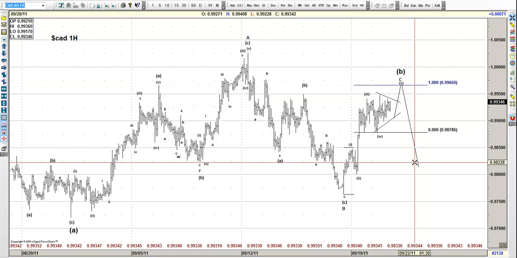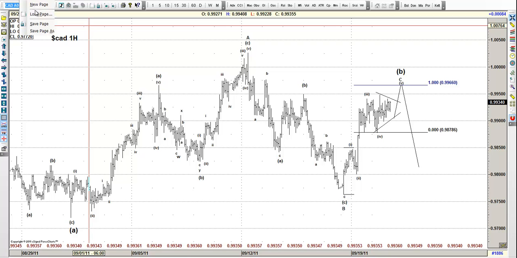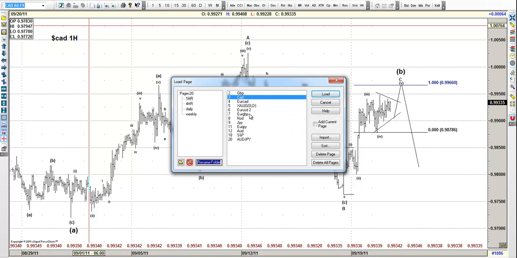That's how, guys, you can understand how this market works. This market works as simple as this. You need to correlate the patterns, and then you need to find the ways within the markets to make all the patterns work. Now, if we take a look at other pairs on the close,